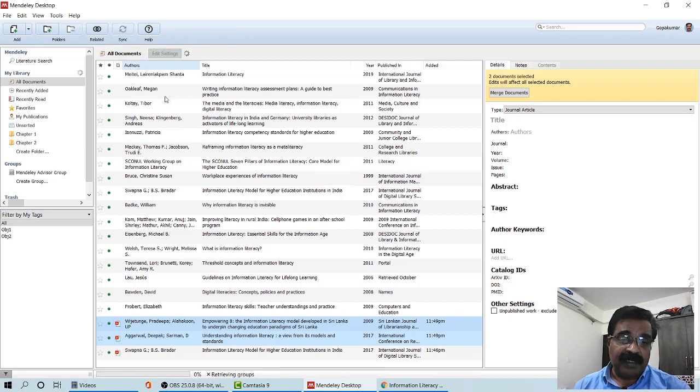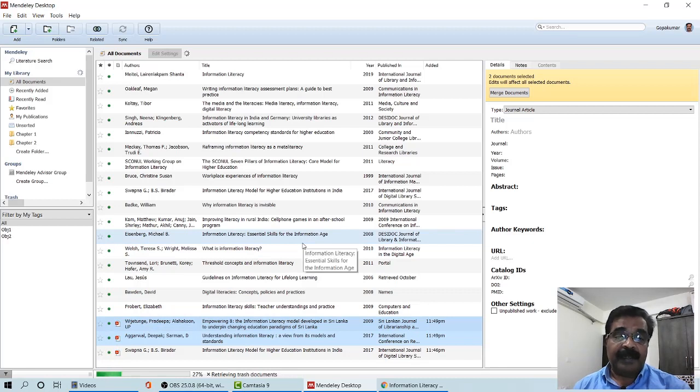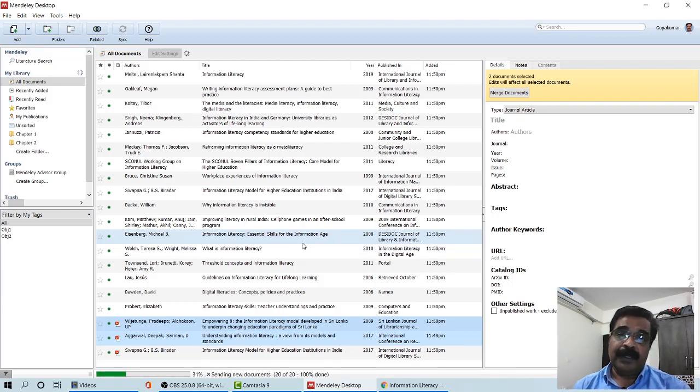When you click on the sync button, you can see that everything is getting uploaded to the internet. This way you can organize your PDF files also, and up to 2 GB you can upload these PDF files in your account. It's very easy. You can see all these have been uploaded into the website, the online account.